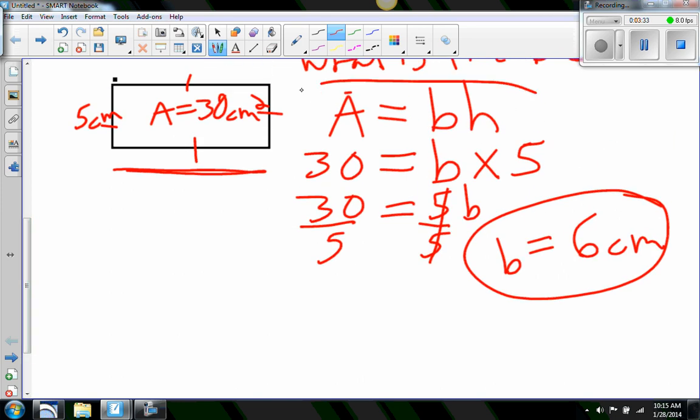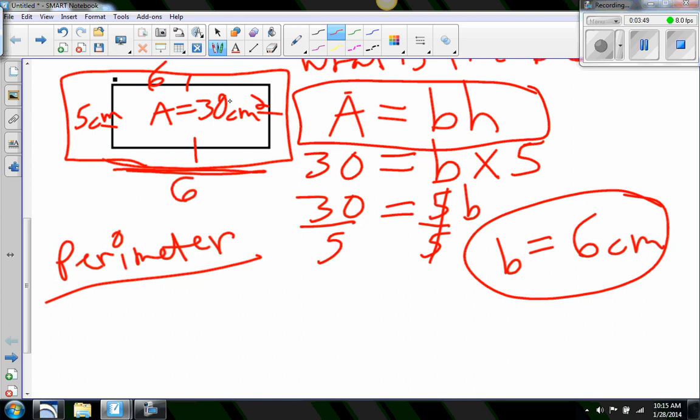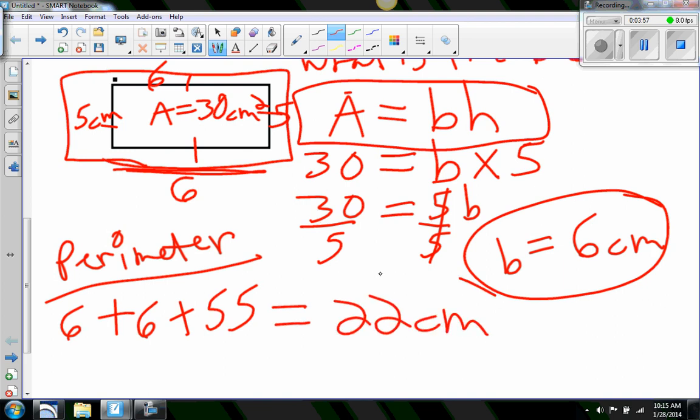You still plug it in and use the same formula, no matter what numbers they give you. They give you the area or the base and the height. So what if I wanted to do perimeter of this same figure? Perimeter means I walk around the outside and I add it up, right? So once I find this 6, I know that this is a 6 and this is a 5. So I go 6 plus 6 plus 5 plus 5, and I add that up and I get 22 centimeters